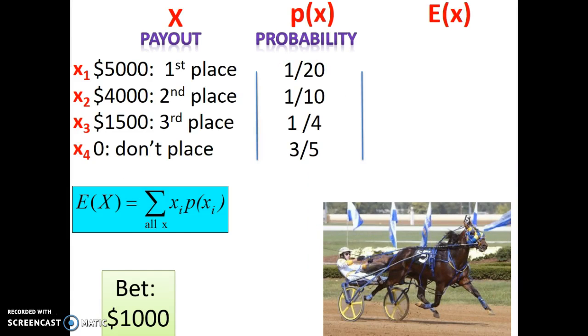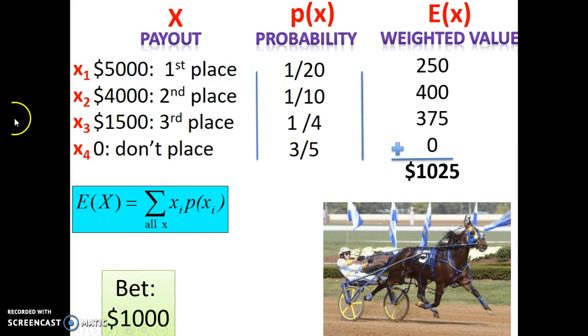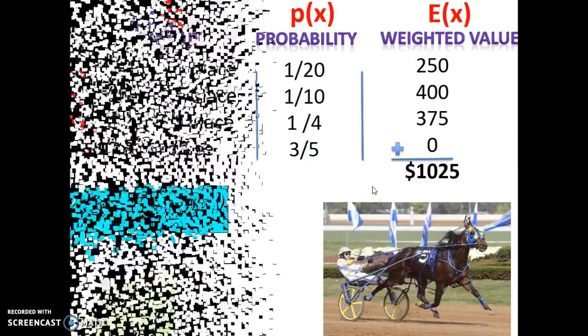All right, so let's find the expected value. So we have our equation right here, and this tells us that if we take the x and we multiply it by p, we're going to get part of the answer right here. We call that the weighted values, and so we go ahead and multiply them, and then this little summation says once you've multiplied them, which we've done right here, you add them all up. So he can expect to win $1,025. Now, of course, he bet $1,000. This is about a win of about $25.